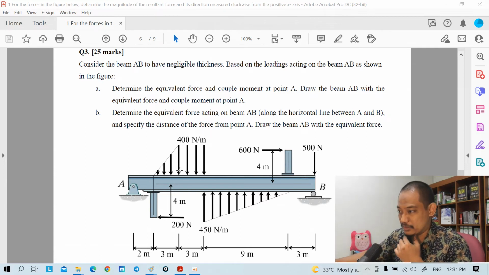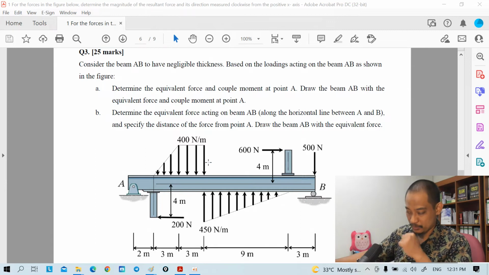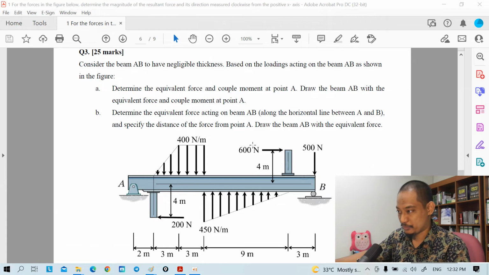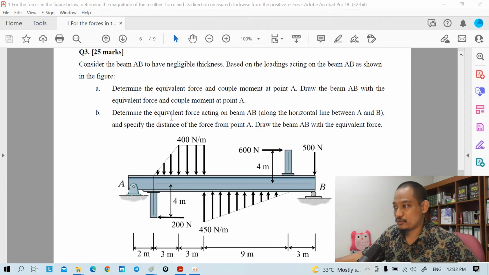We have here distributed loading. We have here 600 Newton. This has here 500 Newton. We have here 450 Newton per meter, sorry. And then we have here 200 Newton. So those are the loadings that we have. Distributed loading here, point load here, point load here, distributed loading here, and point load here. So based on those loadings,